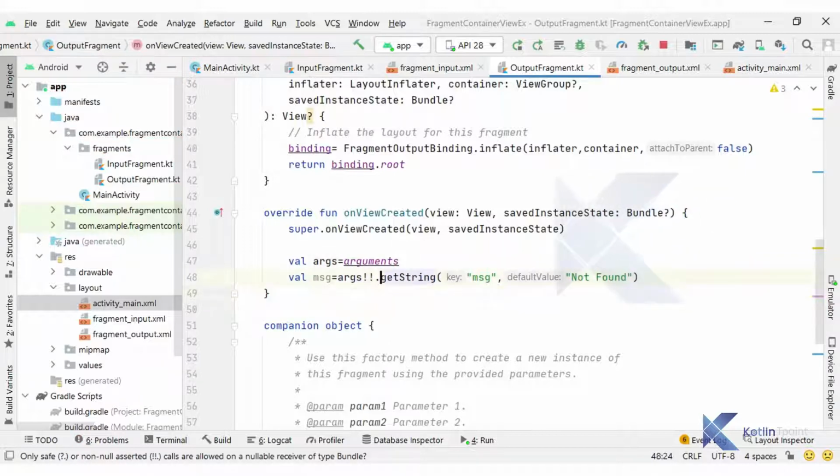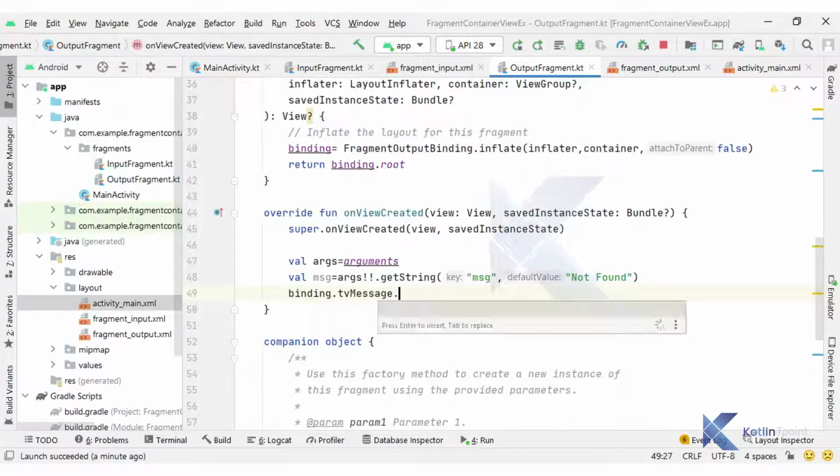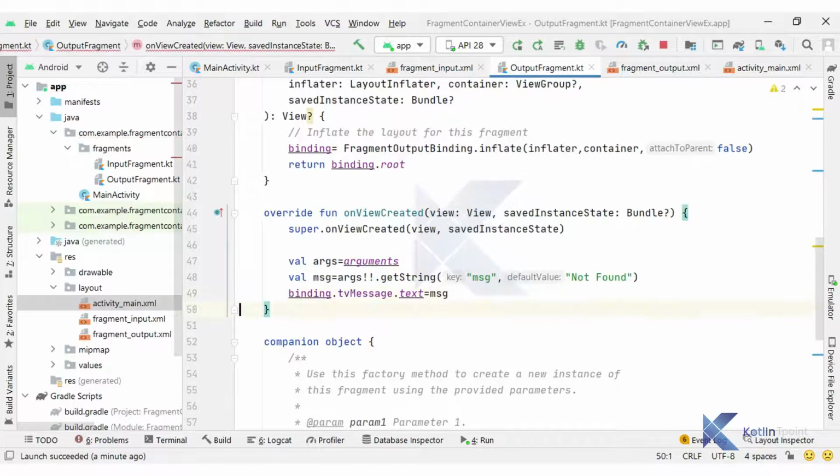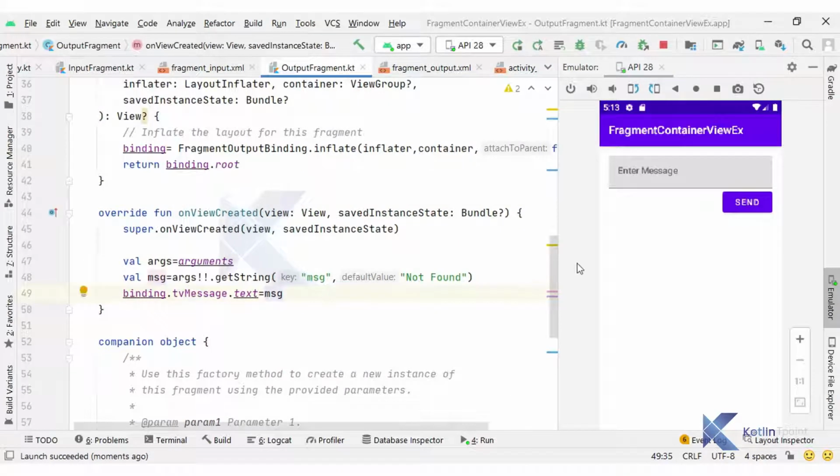So the message is ready, and then after that I can display this message in my text view. So this is how I can set the message. We receive the message and display it in the text view. Let's run and check the output again. So guys, here is the output.